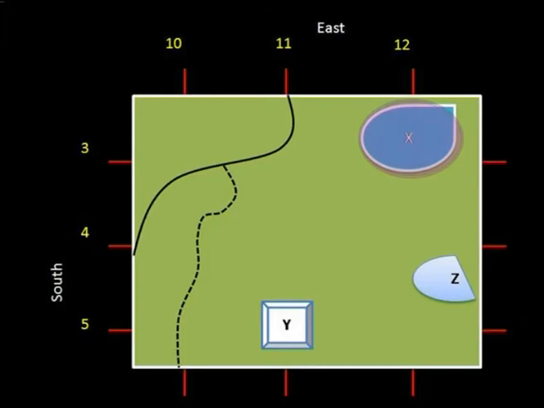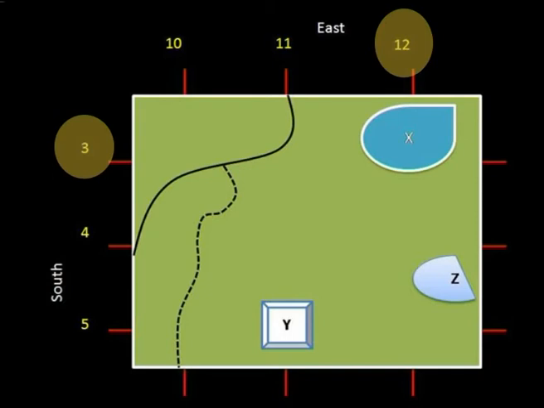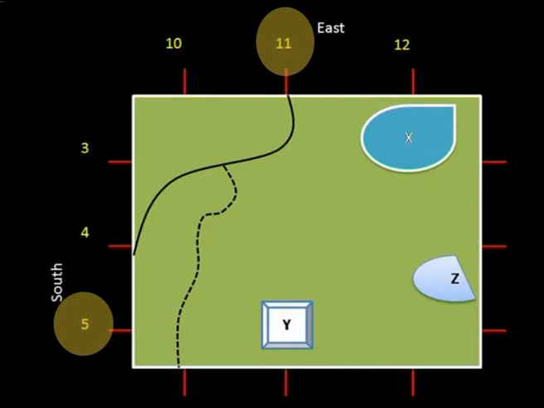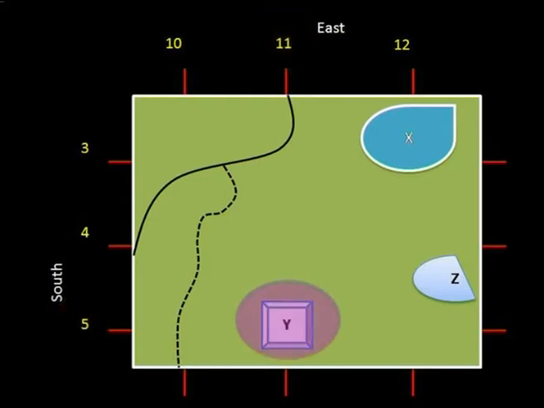Where is feature X? This is answered by making horizontal and vertical coordinate points and answering according to the given system: 3 degrees south and 12 degrees east. On the flip side of the question, the location might be given and the feature is to be identified. The location asked is 5 degrees south and 11 degrees east, which when followed to where they cross on the map arrive at feature Y. Do you follow? We want to derive Y through a stage of queries.